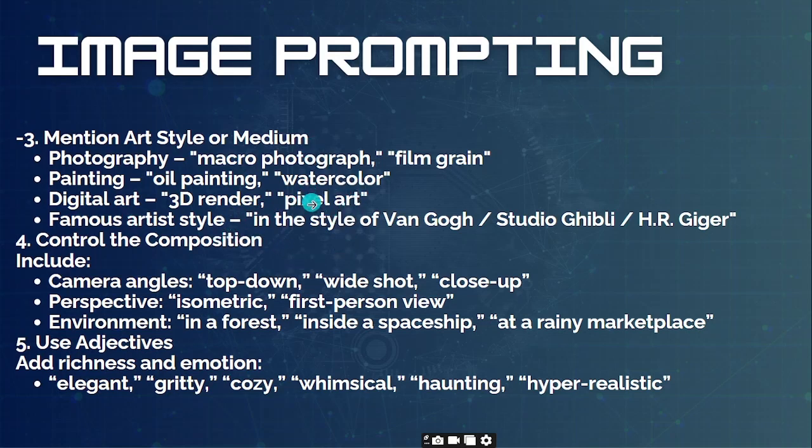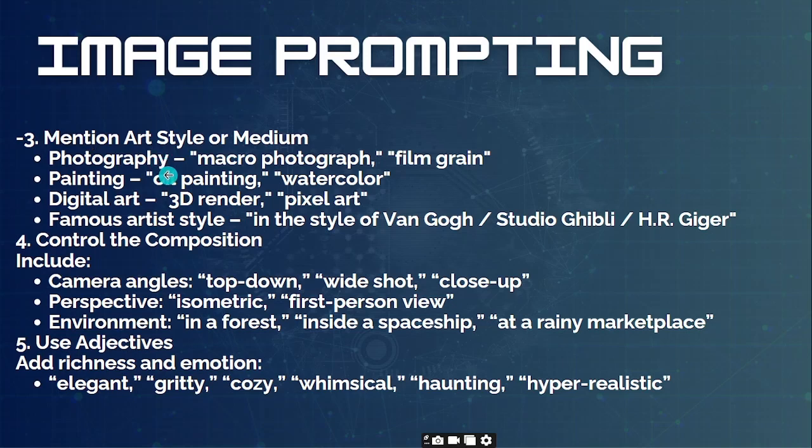So there are tons and tons of mediums or art styles that you can eventually create. All you need is to know what kind of style and medium. Style or medium is one thing, so let me just use the word style. You need to know how many types of style images there are and how you can create them. Here you can see Studio Ghibli, H.R. Giger, or you can say Giger.